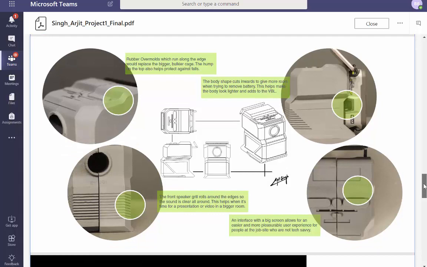This works all right. Maybe bold the things you're talking about. Rubber overmolds protects against falls. That's what I want to see. Body shape gives more room.